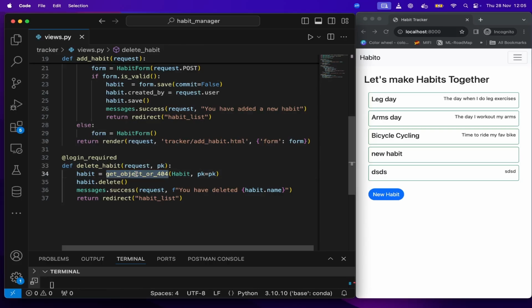We get an object using the Django ORM using this function, and what we're getting is a habit using its primary key. Then we delete it, still using the Django ORM operation. Essentially this will perform the SQL for us, and then we can return a message. So let's go to